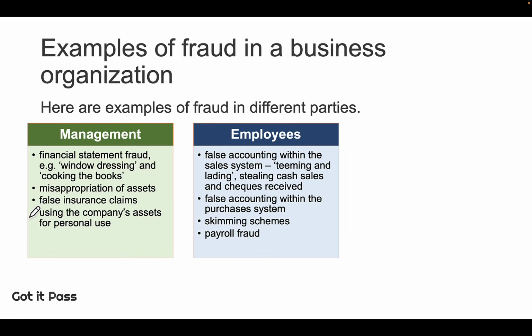Employees. There are 4 examples of how employees can commit fraud. First, false accounting within the sales system, say, stealing cash sales and checks received. And teaming and netting means that,